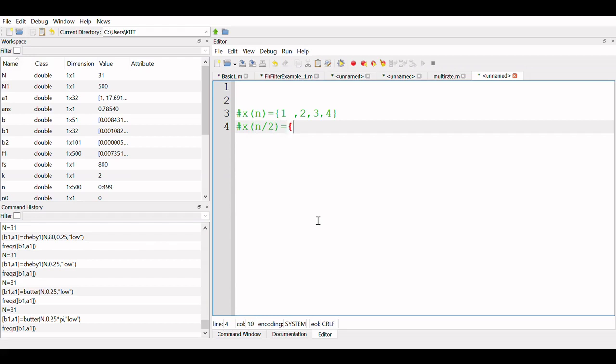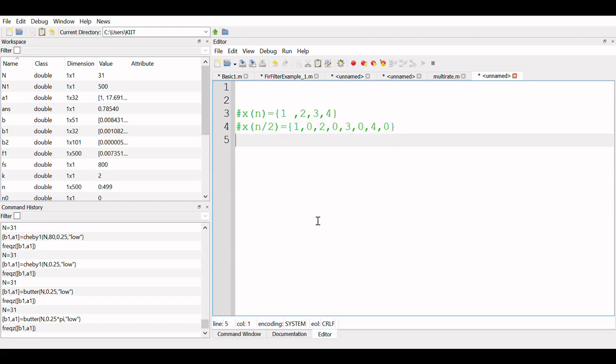So if the time index is divided by an integer factor, that is called upsampling or interpolation, right? So upsampling or interpolation is our consideration. For that, what do you have to do? Now if you do n by 2, you know that this is nothing but appending 0 in between the sequences, which results in an increase in the number of samples. So we had an initial 4 samples, now we have 8 samples in the sequence.